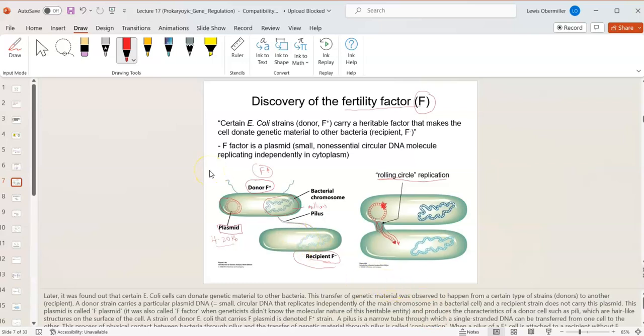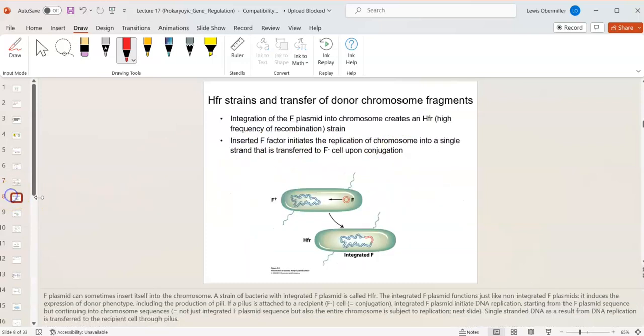All right. These plasmids replicate independently in the cytoplasm of the bacteria. Okay, so